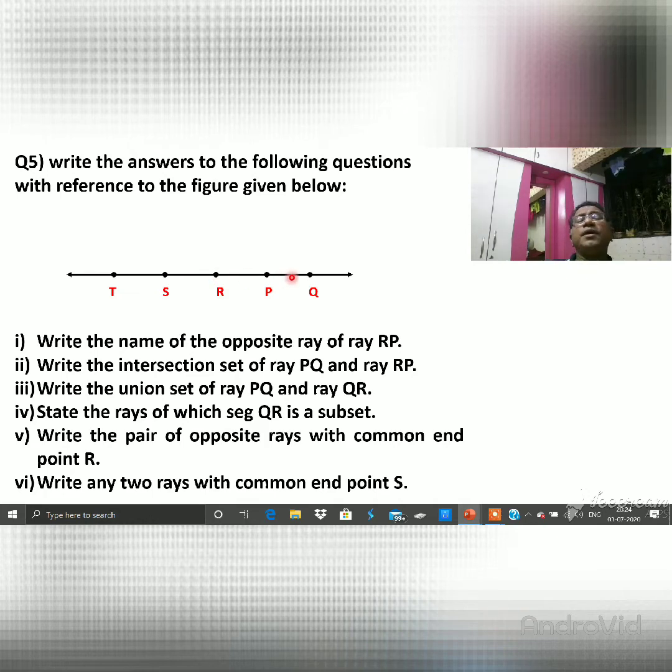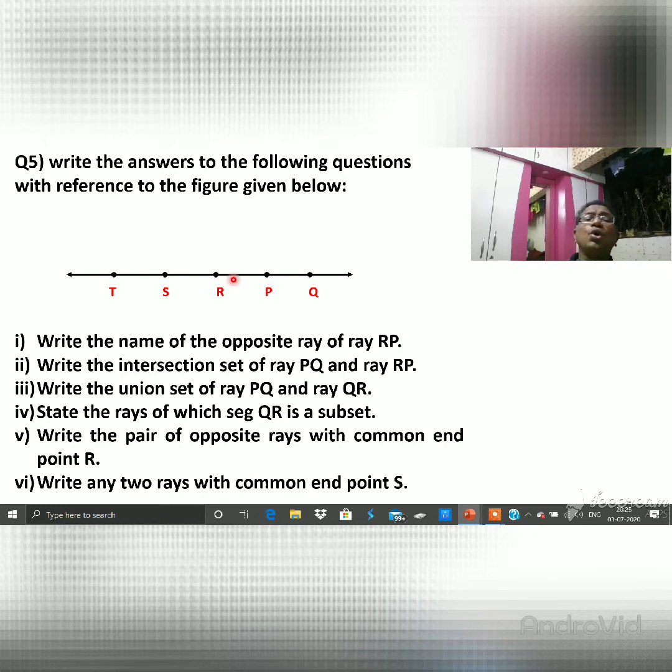So see, it is the ray QR. At the point R, it can be increased as long as we like. So how many rays become a subset of this? See, it is QR. After QR, which ray is there? QS. So ray QS is a superset, because it has QR. Another which is possible is ray QT. QT is also possible because in that QT we also have this ray.